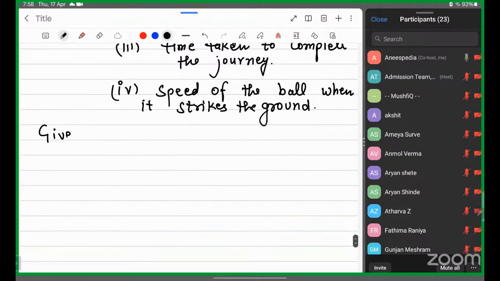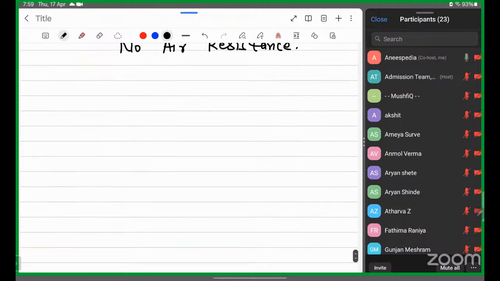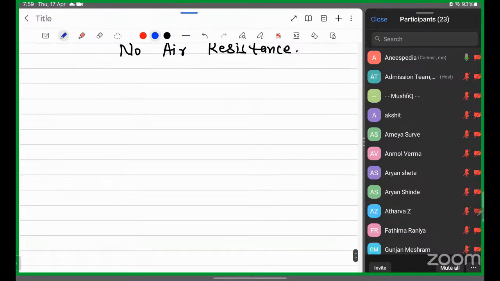Given, the ball is in vacuum, which means there is no air resistance. So in that case, if there is no air resistance, the motion of the ball will be symmetric. Motion of the ball will be symmetric means,